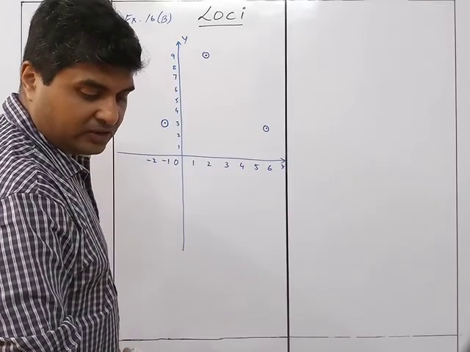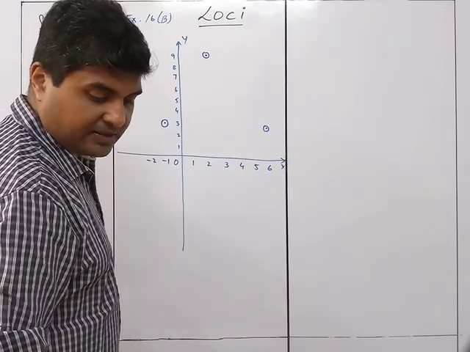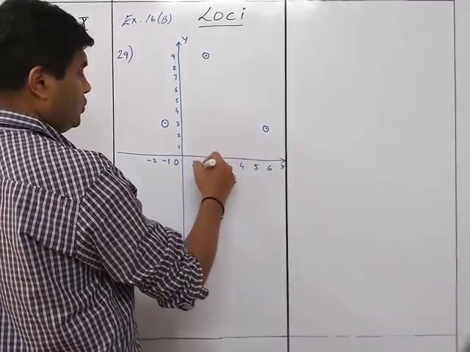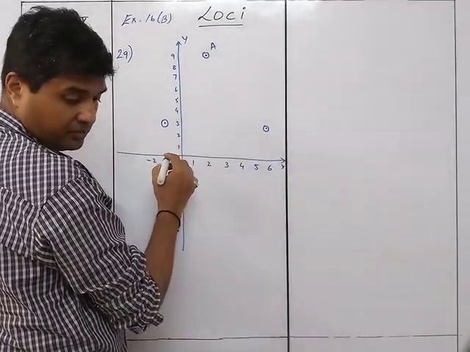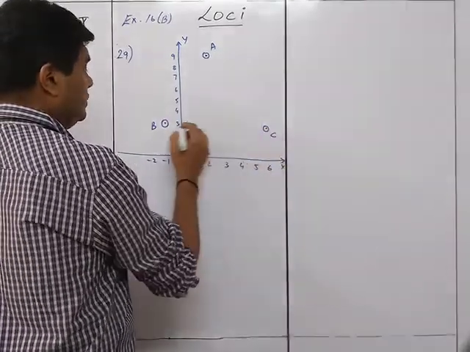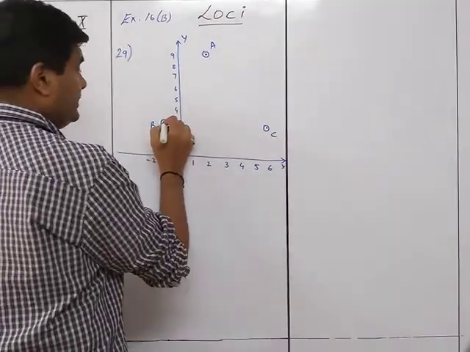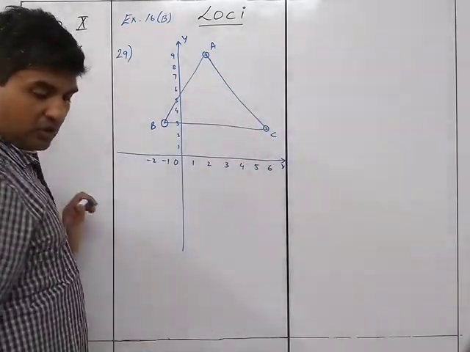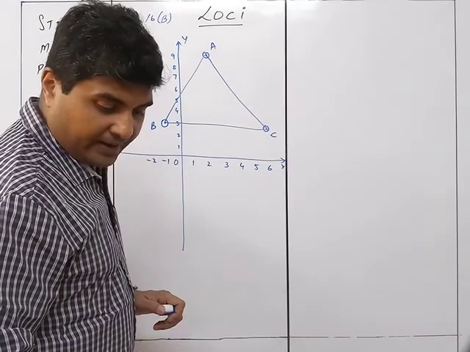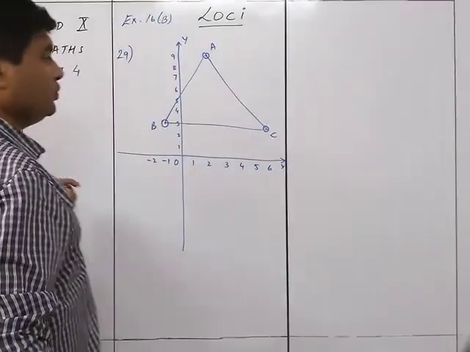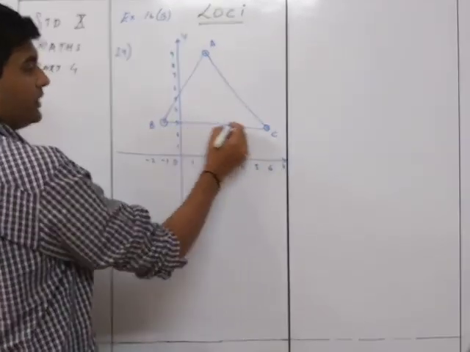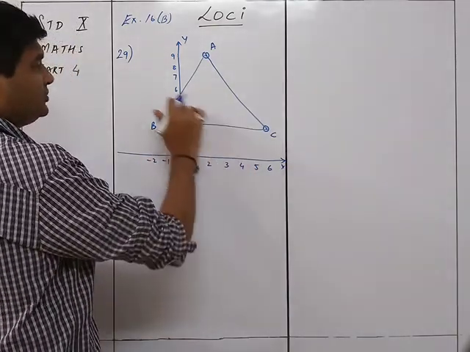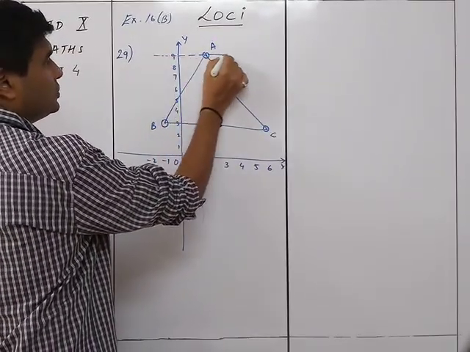Draw the locus of point A so that the area of triangle ABC remains the same as A moves. So this is your point 2,9 is A, this is B, and this is C. So you need to draw first the triangle, and they told us that we should draw the locus of the point A so the area remains the same. So as it moves, the area will be same if it is parallel to BC. So you need to draw a line parallel to BC. Now, it is a straight line at y equals 9. So this is the locus.